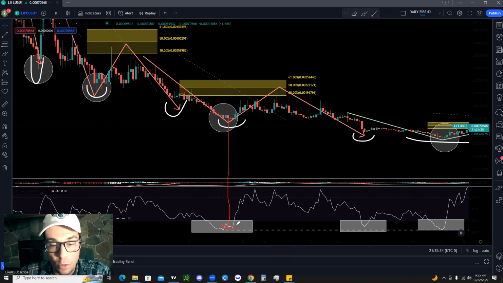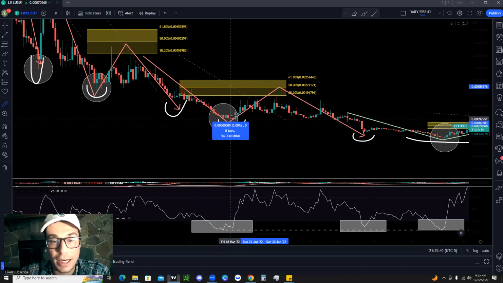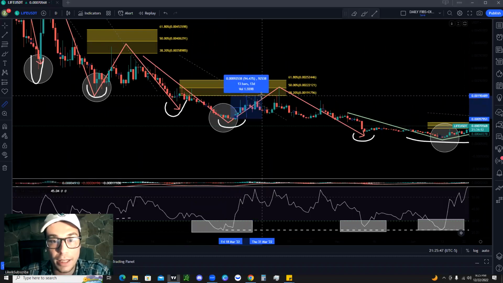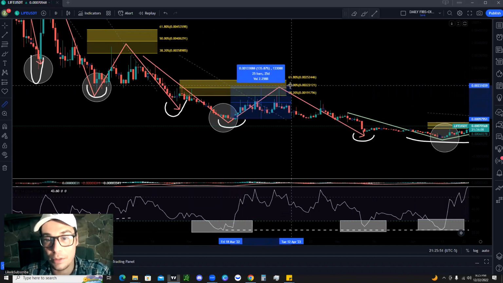Now take a look here. Again, right here, we're oversold, right? We're extremely oversold on the relative strength index. And what do you know? We end up getting a nice little bounce, right? So if you want to say, hey, we're super oversold on the relative strength index, let me go ahead and enter here. And then you see we end up rallying about 95%, ultimately up to 130% at our 50% retracement